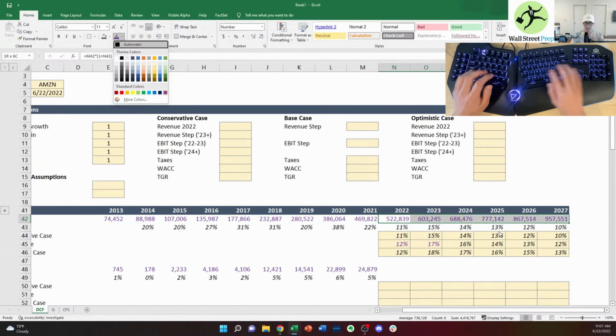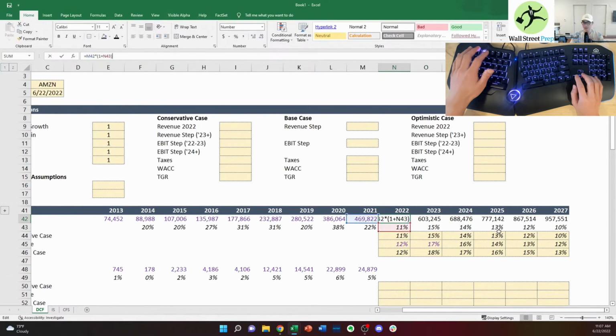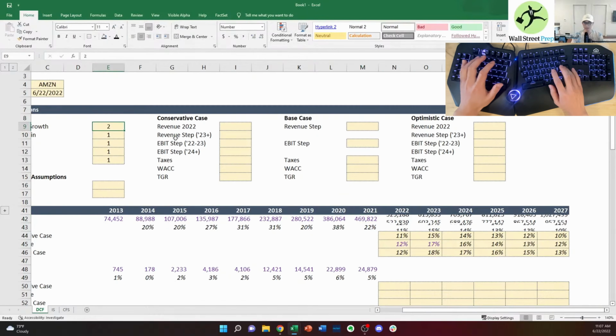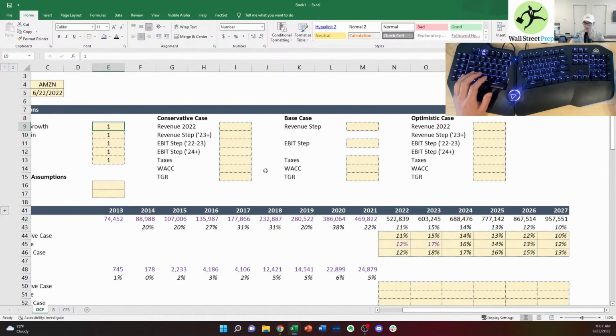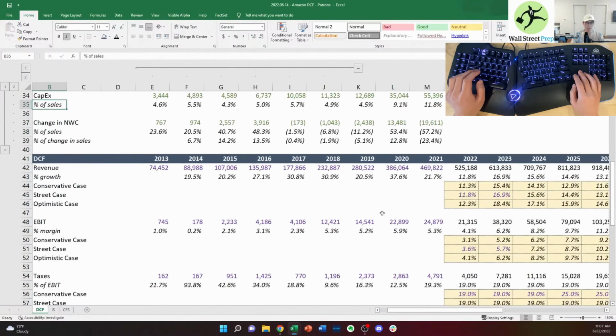And to make this color-coded correctly, whenever you calculate anything, you want it to be a black color. So that's what we're doing here. And just to show you again, if I change this switch, you can see our revenue will change. And so eventually, what we are building towards is a share price with our DCF. And so you can then see, oh, if I change this assumption, then our share price will change to something else. So to show you what that looks like in an actual model,